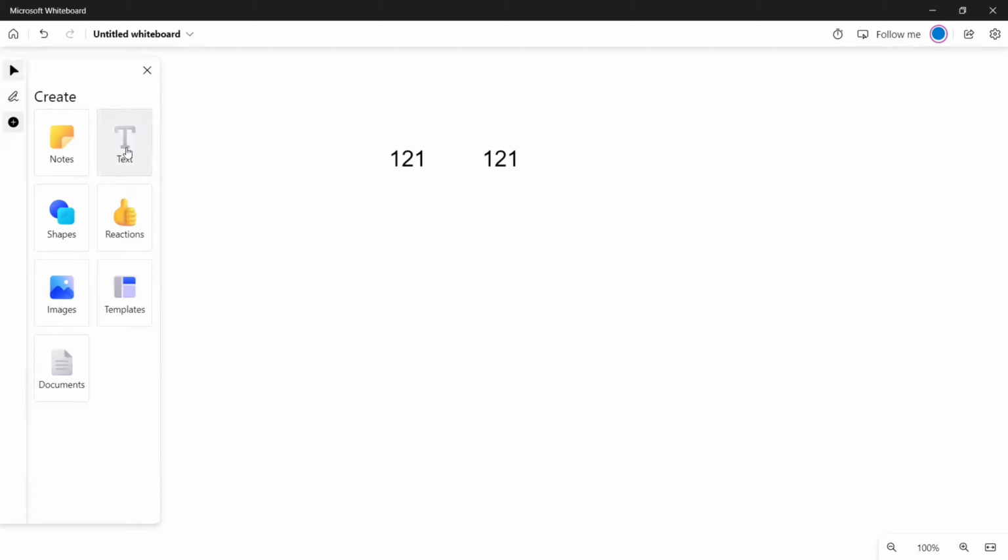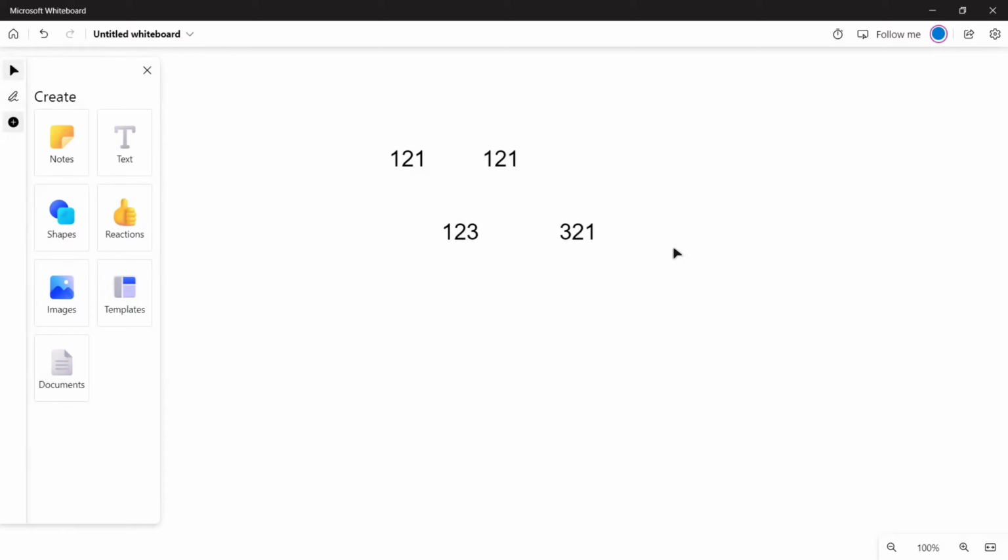Let's see another example. Suppose we have a number 123. After reversing 123, we get 321. If we compare, is 123 equal to 321? No. So we can say that 123 is not a palindrome number.